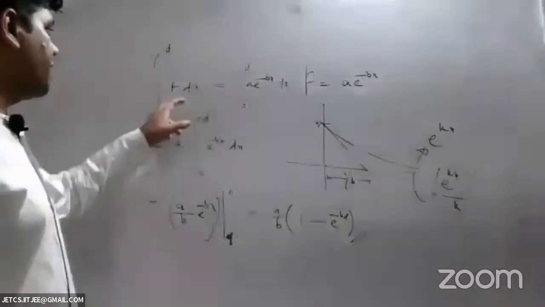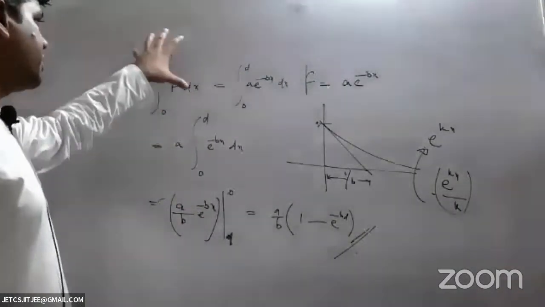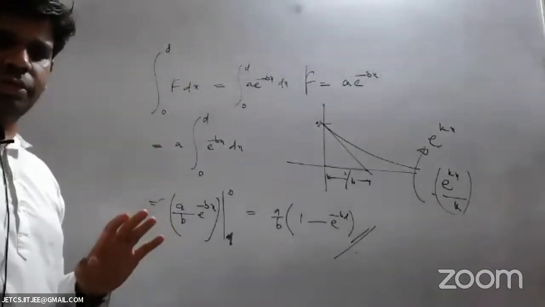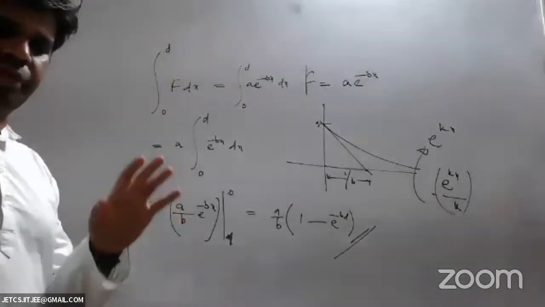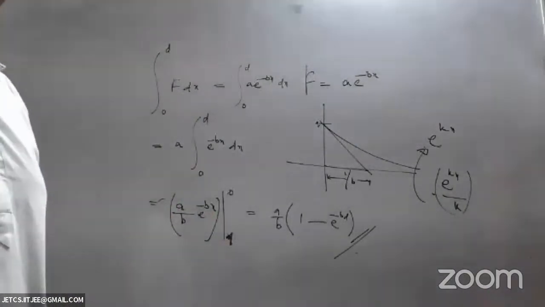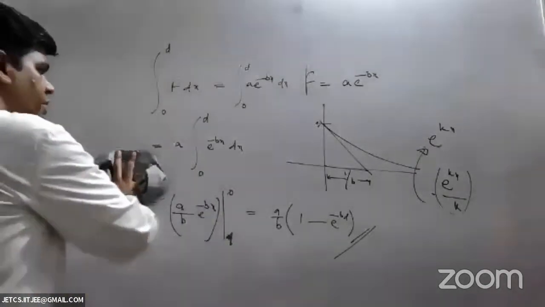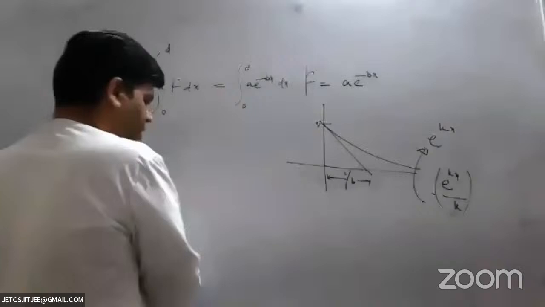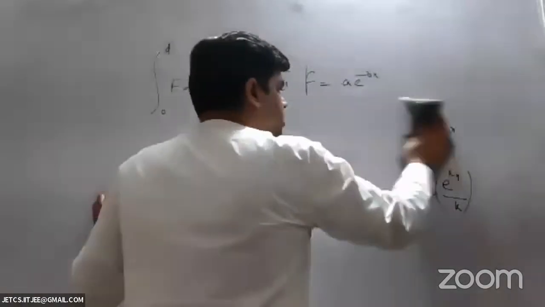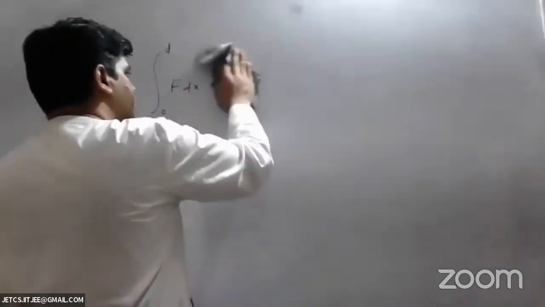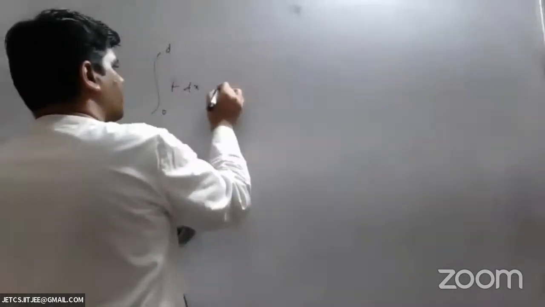See, when I write integral f dx, what does this definite integral mean? Definite integral always means area under the f(x) graph, right? So if given the f(x) graph, I can tell you what is the work done. If I just find out the area under the f(x) graph, I can tell you the work done between the two limits x1 and x2. So I don't have to integrate everything. All I have to do is just find the area under the graph. So this is equal to